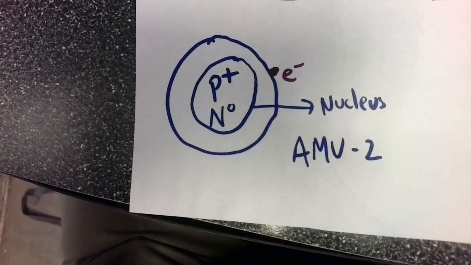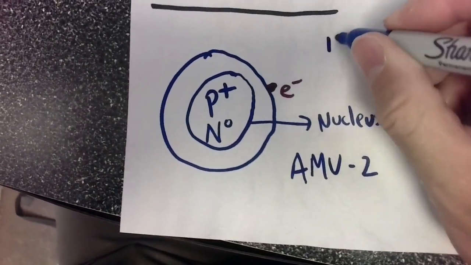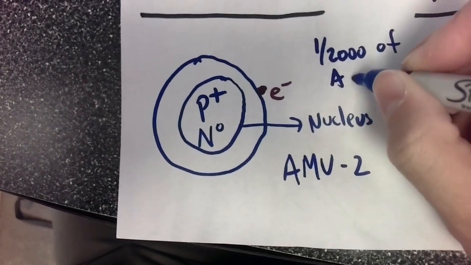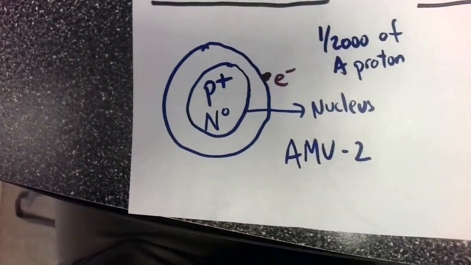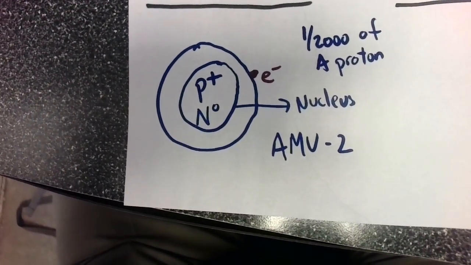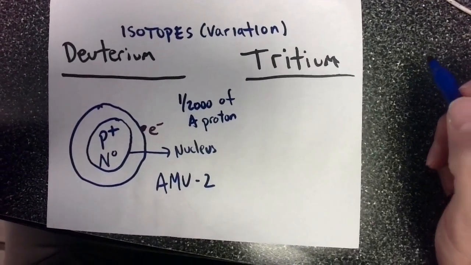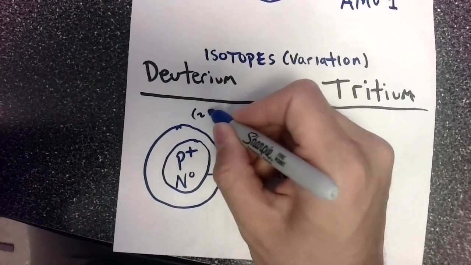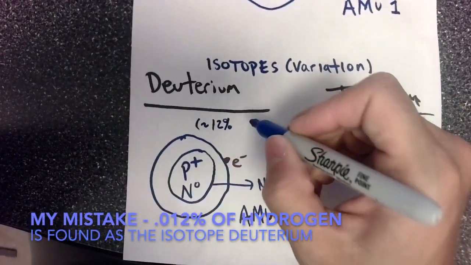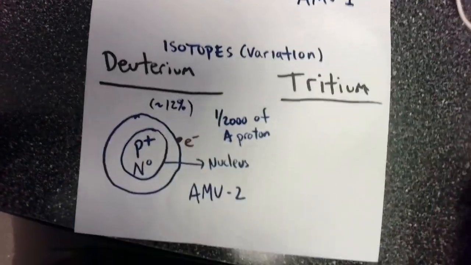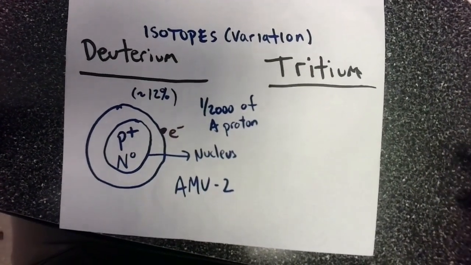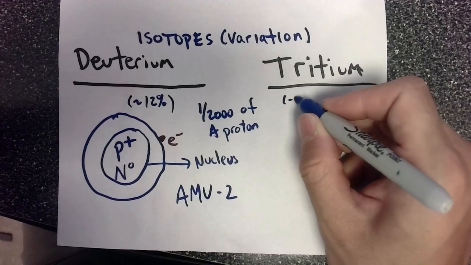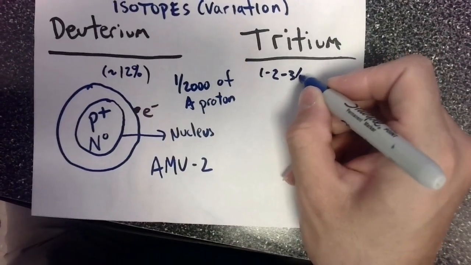Electrons have a mass, but they're incredibly tiny. An electron is something like 1/2000th of a proton. So it's not a tremendous component of the mass of the element. And then the other isotope that occurs in nature is tritium. Sorry, deuterium is approximately 12% or so of all of the hydrogen that exists. It is a heavier form, but it is much rarer. And tritium is even rarer. Something like 2 to 3% of all of the hydrogen is